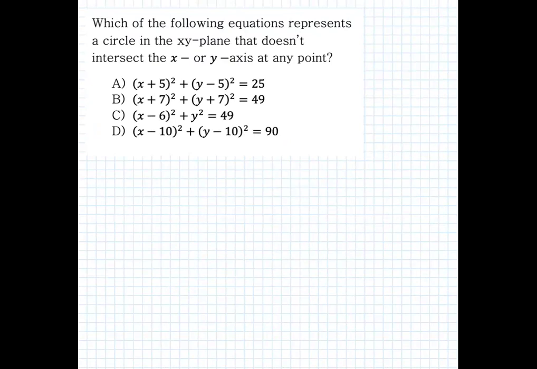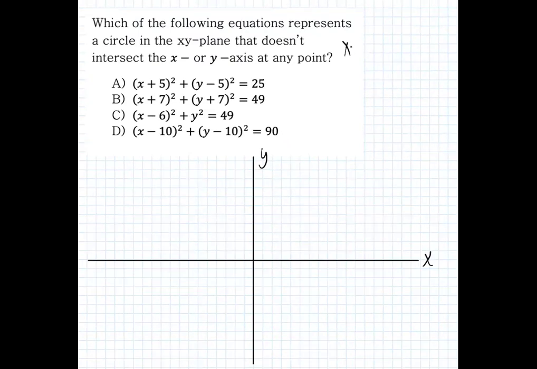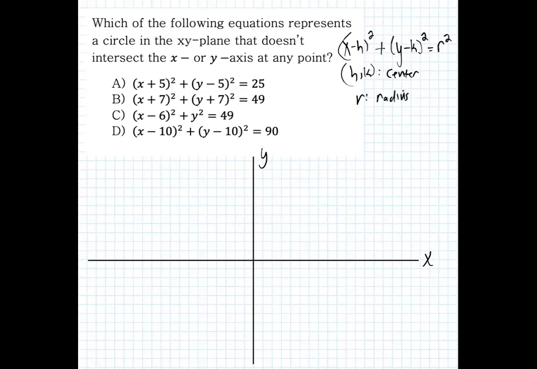This question here is asking us which of these circles doesn't hit the X or Y axis at any point. So let's just imagine an XY axis here. And we need to know the equation of a circle, (x minus h) squared plus (y minus k) squared equals r squared. You definitely want to have that memorized. And you want to know that (h, k) is the center and r is the radius. So if we're looking at the center and the radius of the answer choices,